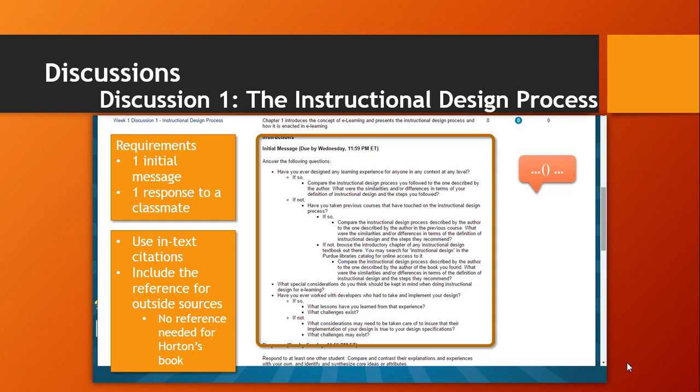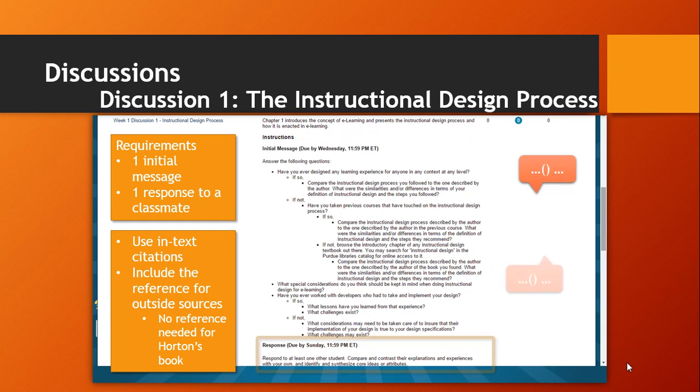So in your initial message, make sure you use those in-text citations. In your one response that is required, make sure that you use those in-text citations. But if you post multiple messages because you felt like somebody's message prompted you